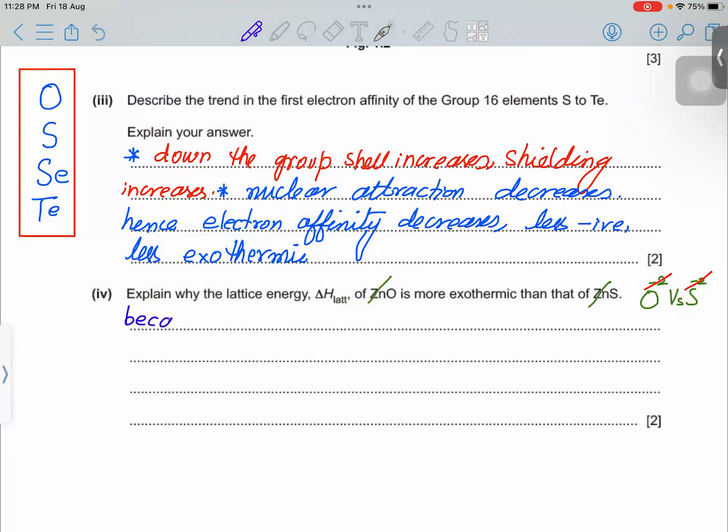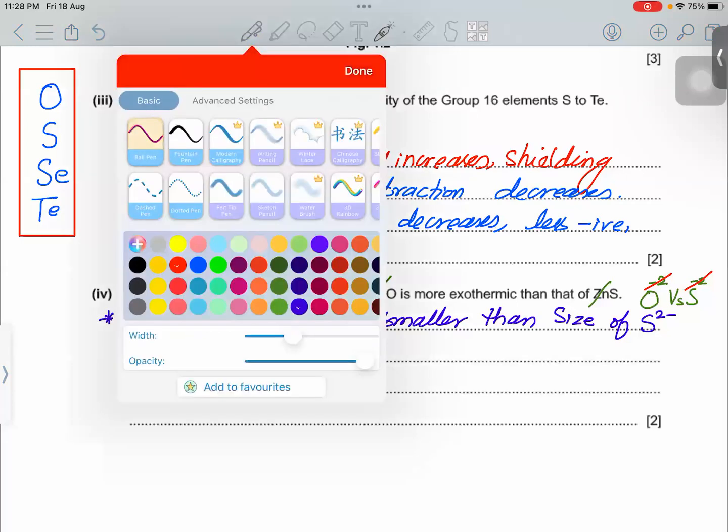Because size of oxygen 2 minus is smaller than, you can use the word radius, size of S2 minus. Because size of O2 minus is smaller than size of S2 minus. This is point number one. Point number two,